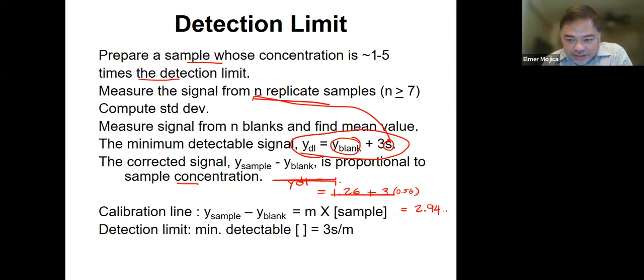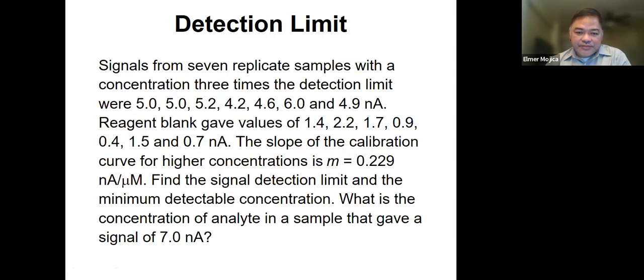For the signal to be detected, you should have at least that concentration, 2.94. So below 2.94, you cannot detect any signal. Okay. Now,